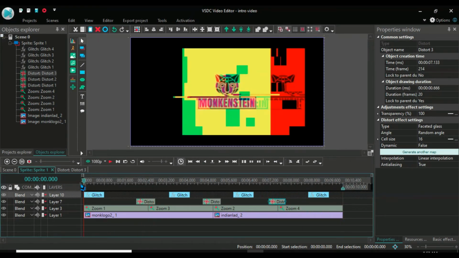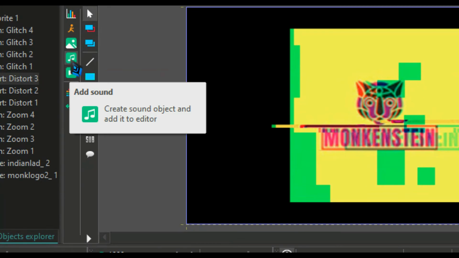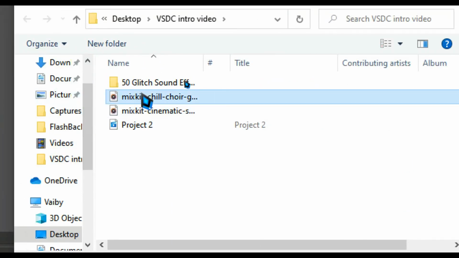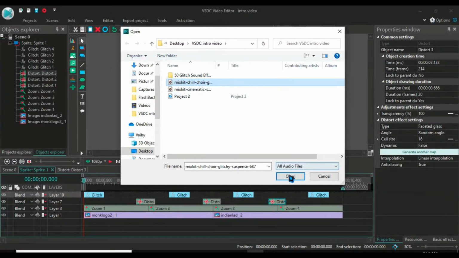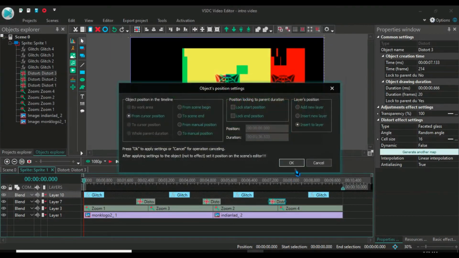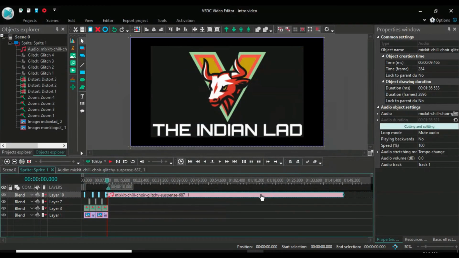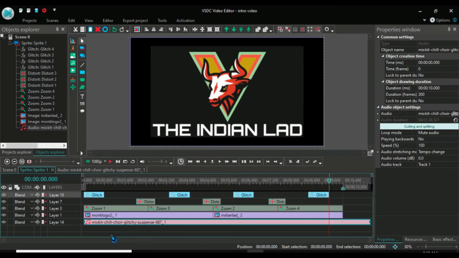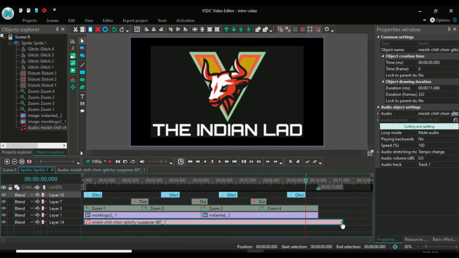Now comes to the soundtrack part. So from here, add music. I have already shortlisted two music. Arrange it, change the size so that it won't exceed the track.